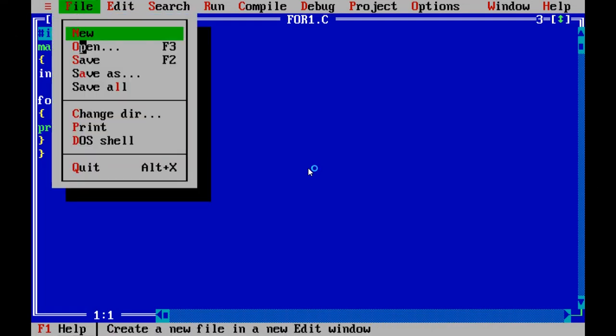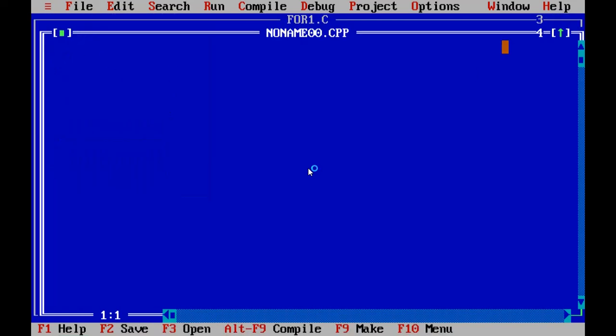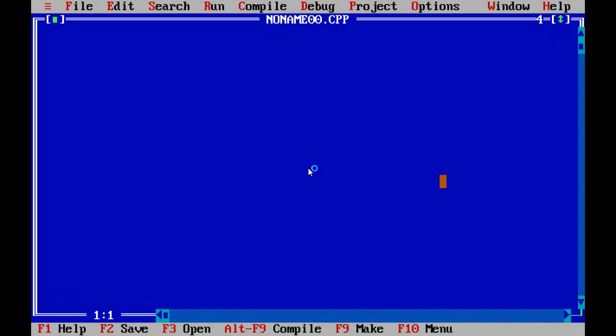Click on the File menu, take a new file, and type the program. #include <stdio.h> to include the standard header file.